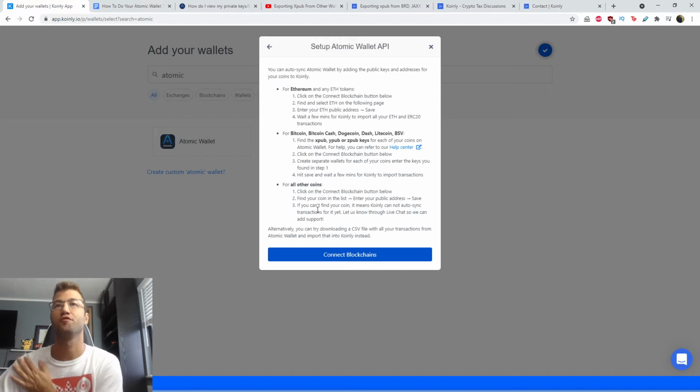setup autosync. So now for Bitcoin, Bitcoin Cash, Dogecoin, Dash, Litecoin, BSW, find the XPub, YPub, ZPub keys for each of your coins on Atomic Wallet. Click on Connect Blockchain button below. Create separate wallets for each of your coins. Enter the keys you found in step 1 and hit save, and wait a few minutes for Koinly to import